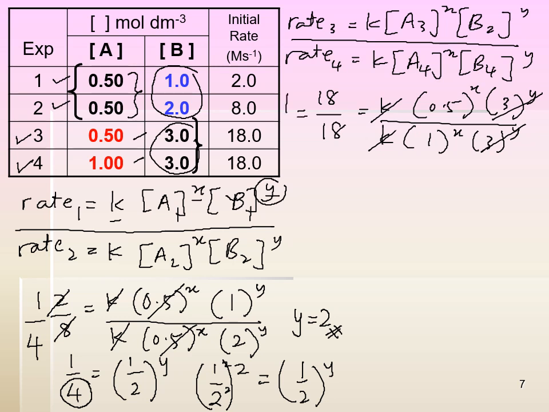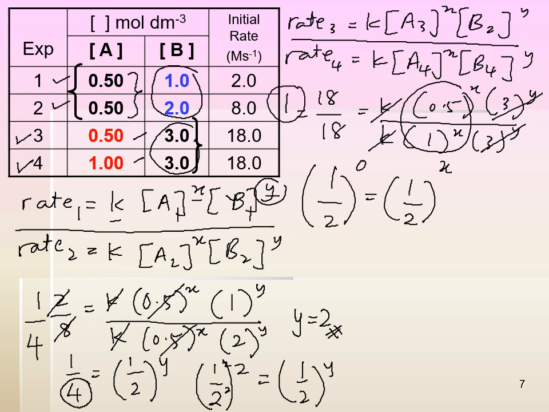So since this is basically 1 over 2 to the power of X, 1 over 2 to the power of 0 is basically 1, isn't it? So we are going to have X equals 0. So let's write the rate constant. Rate equals to,